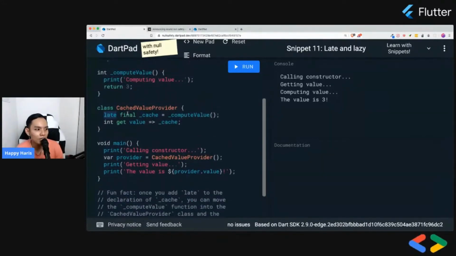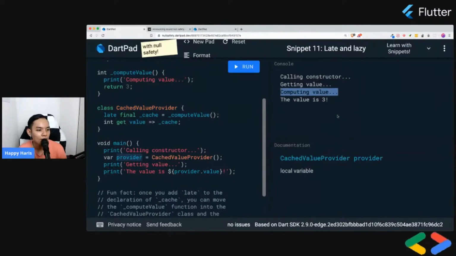Why is that so? Because, due to this late keyword, we are not actually calling this compute value, because we are not referring to the value until we do this print statement. So it will just not run this final variable, this cache inside this cached value provider object they have created. And then after that, it says computing value, and this computing value will only be run once we refer